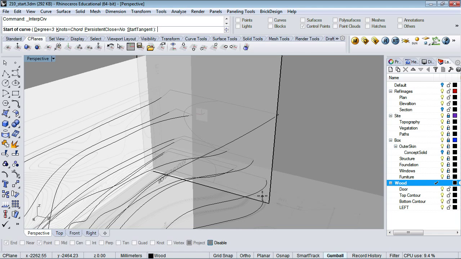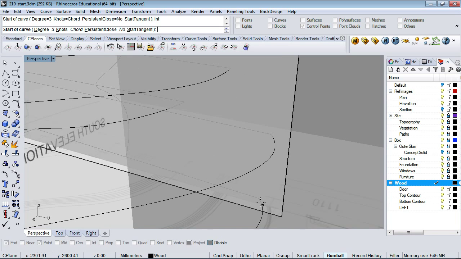Now when you're doing a cross-sectional curve, those need to intersect. They need to touch one another. So at this point, what I'm going to type is end, because I want the end point of that curve. The other thing I could do though is I could type intersect, int,